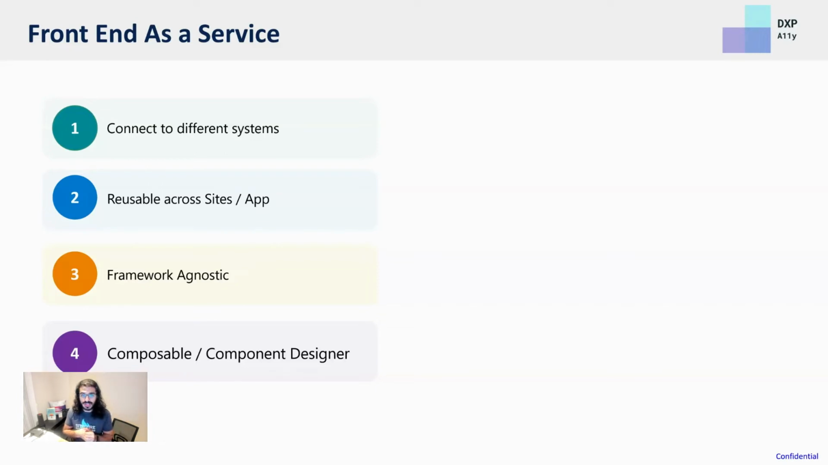It should be reusable across sites. So you should be able to get the component itself and reuse it across different sites. Again, this is something that Components does provide out of the box because it is built with that concept of front-end as a service. Your front-end as a service component is created as a web component in the Shadow DOM. That means that its styling does not affect your site, and your site's styling doesn't affect it,